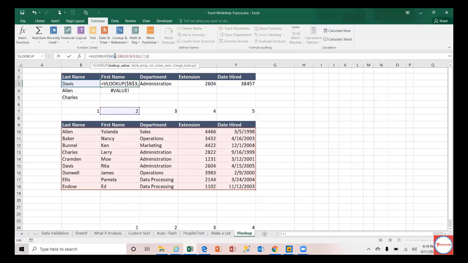Keep on pressing F4, and it will give you 2-3 options. Currently I'm pressing F4. This is what I need. Another option is without the fixing, this is both, this is only the row fixing, and this is the column fixing. This is what I need.